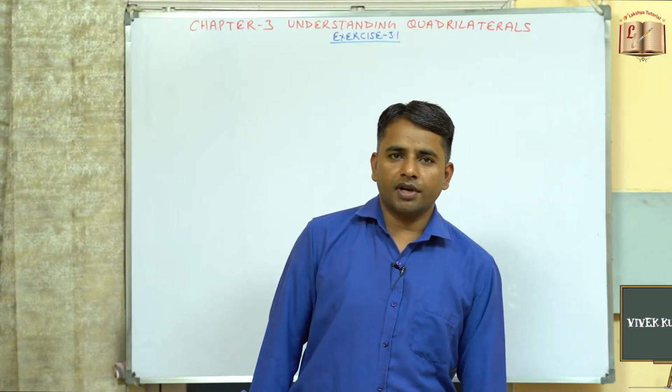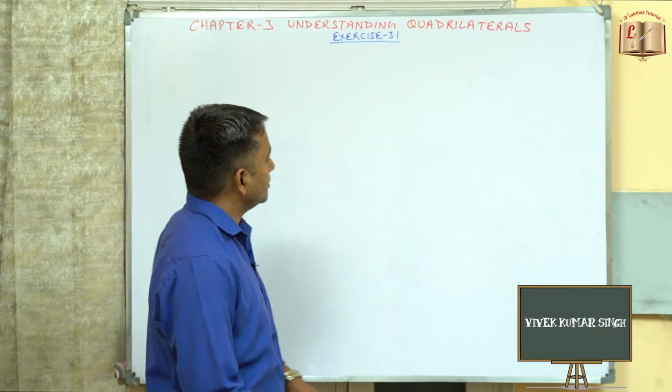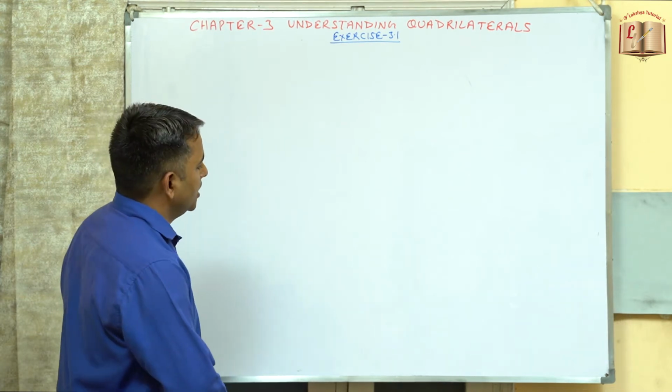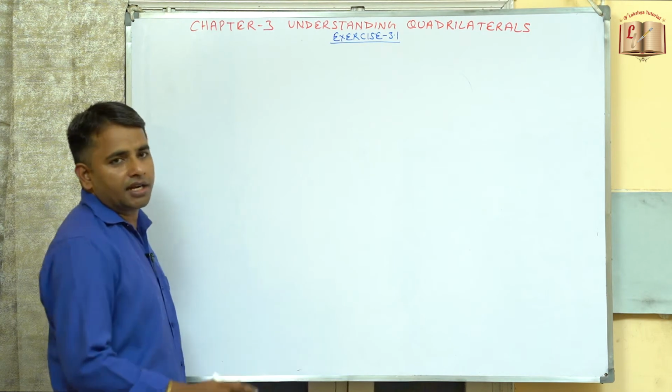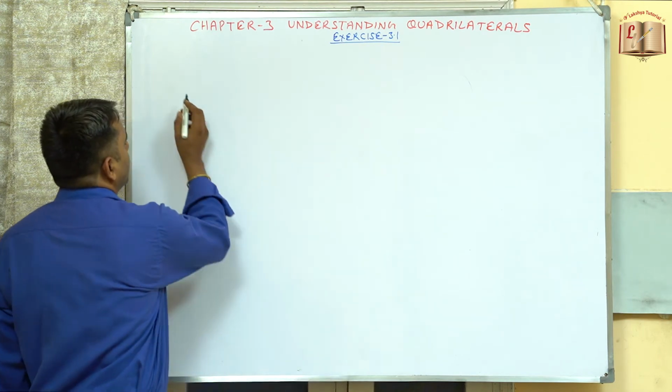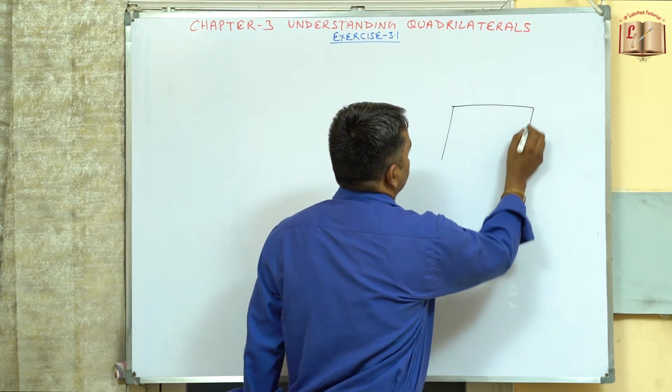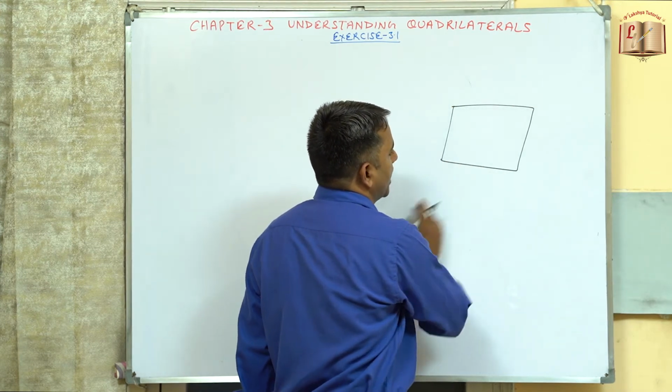Hello students, welcome back. Now we'll take up our third chapter, understanding quadrilaterals. Quadrilaterals means any four sided enclosed figure. इसी को हम क्या बोलते हैं? क्वाड्रेटल बोलते हैं, फोर साइडेड एनक्लोज फिगर. अभी हमने इसको बनाया हुआ. सो दिस इज नाउ फोर साइडेड एंड दिस इज कंप्लीट एनक्लोज्ड.